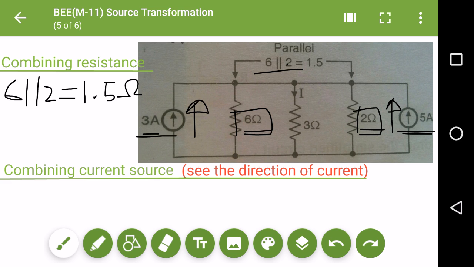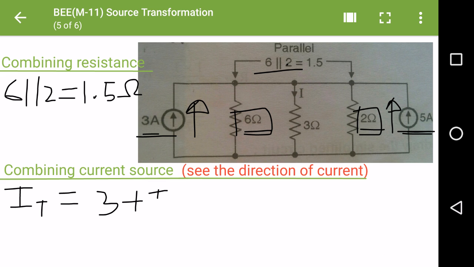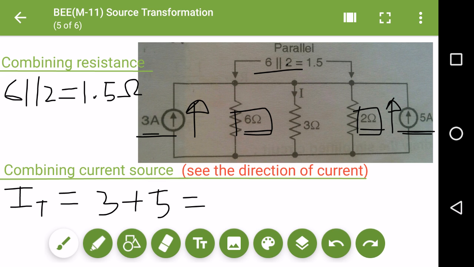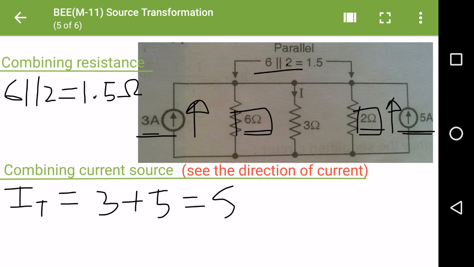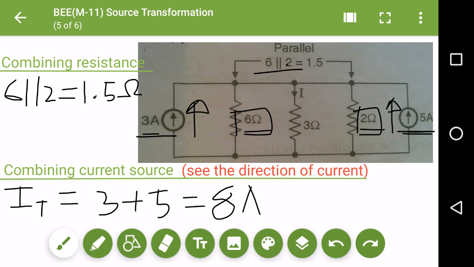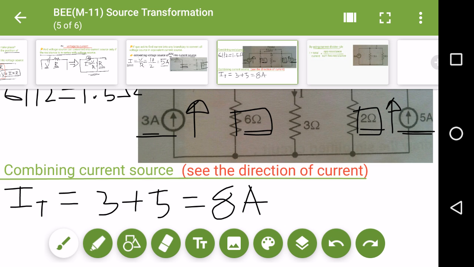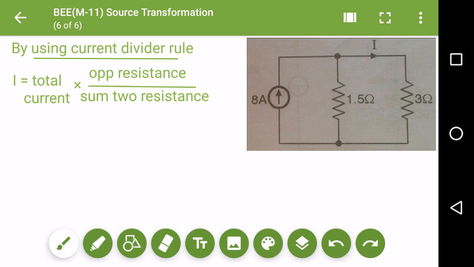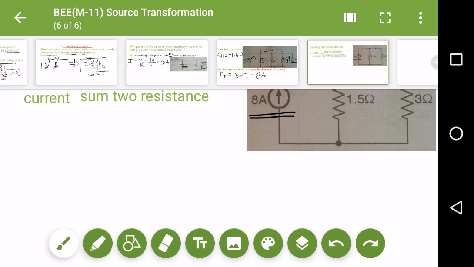So adding, I T, that is the total current in the circuit, is just 3 ampere plus 5 ampere, which gives me a total current of 8 ampere. So after doing this combination, my circuit will look like this. You can see over here my 8 ampere current source, that is the total current source, which I calculated previously, and my